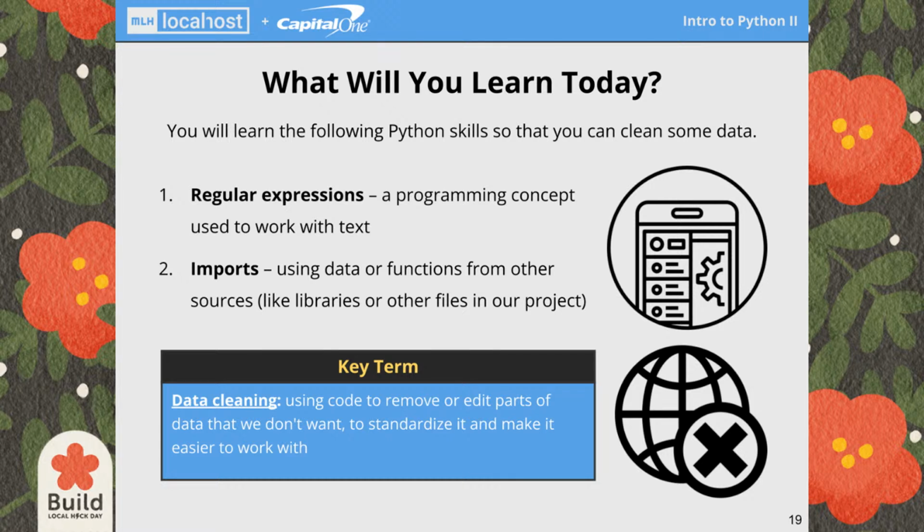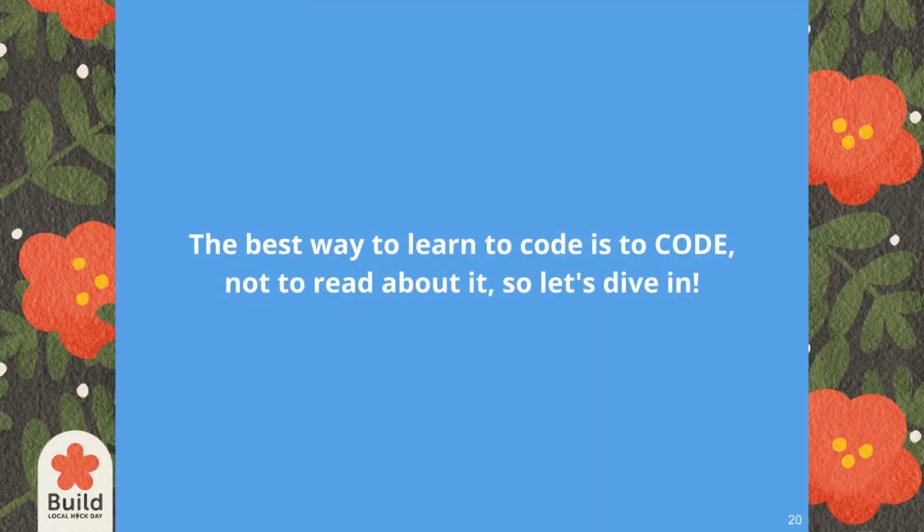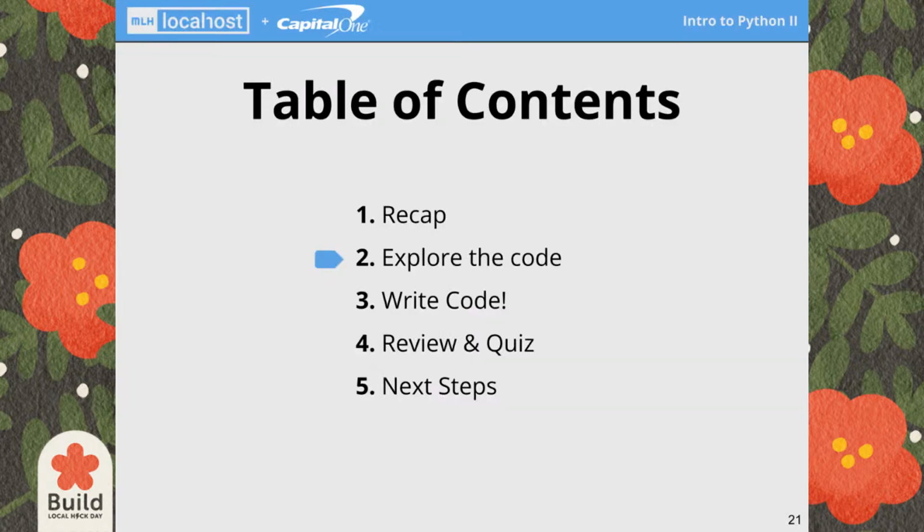Actually, this past semester, I was working on a project that involved data science and web scraping. I used a data set that was really big, and I wasn't trying to analyze the entire data set. There were probably categories on it that I didn't need. So that's the process of data cleaning, where I removed columns and different elements of the data that made it easier to read for my analysis, and got rid of things we don't want. And again, the best way to learn about code is to code, not to read about it. So we're just going to dive in here.